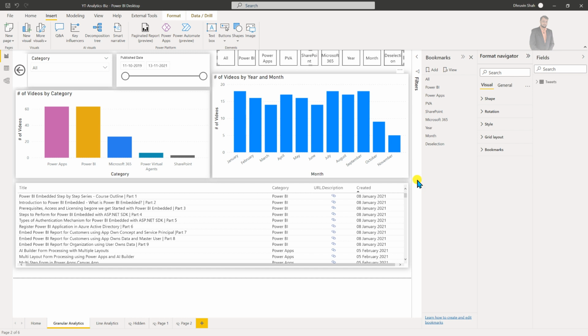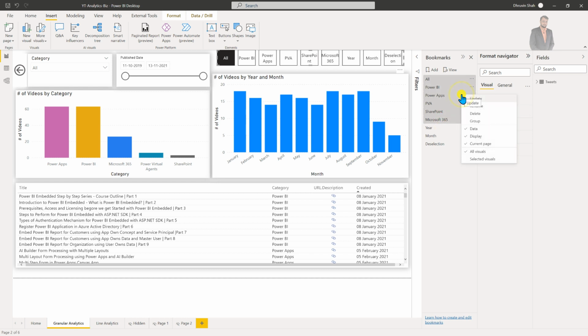Now let's say my requirement is not like that. I wanted to have only 4 bookmarks on top, and year and month I wanted to have as another bookmark. Then how can I manage this? It's very easy. Let me show you the trick for that. First of all, let's say in one bookmark you wanted to have these 4 things, right? So just shift and select these, press the shift key and click. I'm just doing this. I've selected everything like this.